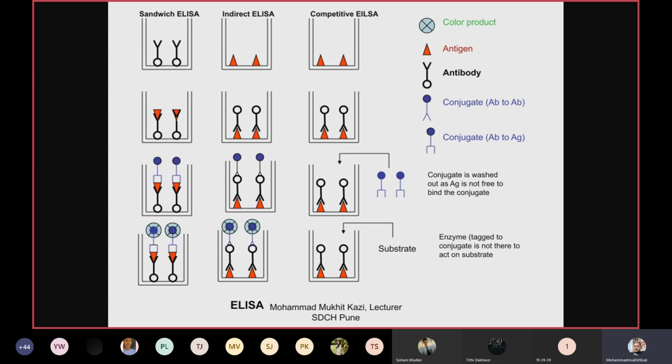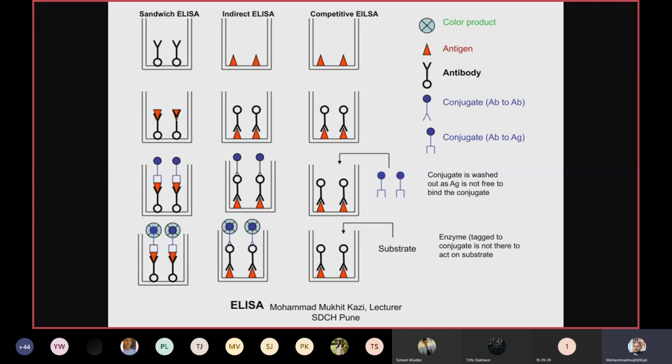So what do we do then? Repeat the sample after 1 month or 2 months, and find out whether the same gray zone phenomenon is coming, or it is coming directly positive or directly negative. If again it is a gray zone, then you go for the Western blot test or the polymerase chain reaction, PCR. It could be because the patient might be in the window period. So these are the different outcomes.